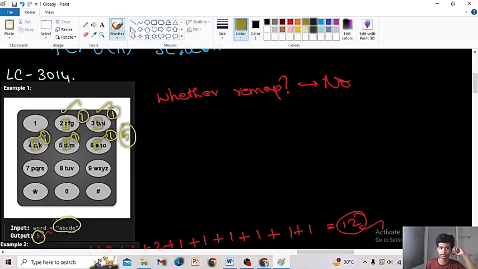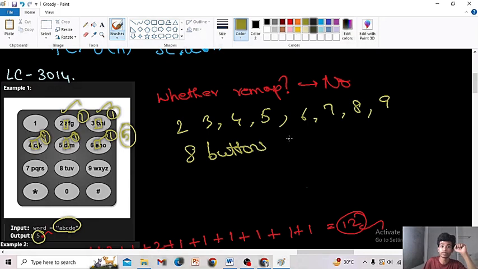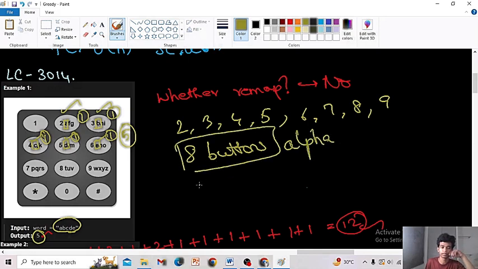By observing this carefully, see here, how many numbers are there with the alphabets? I can say 2, 3, 4, 5, 6, 7, 8, and 9. So there are totally 8 buttons which are used to type the alphabets. From this, I can conclude that if the characters in the input are 8 or fewer, that is, less than or equal to 8,